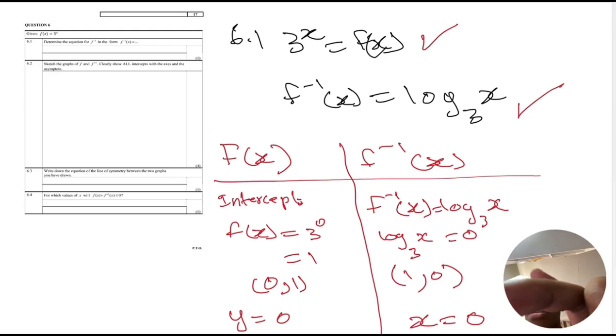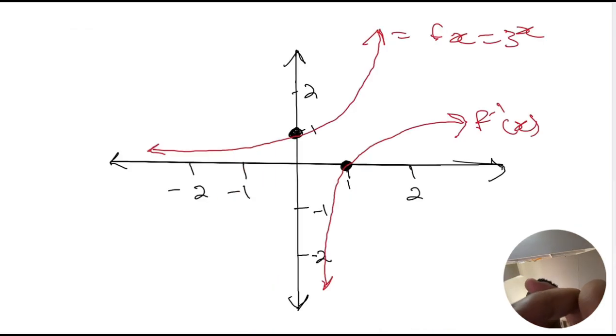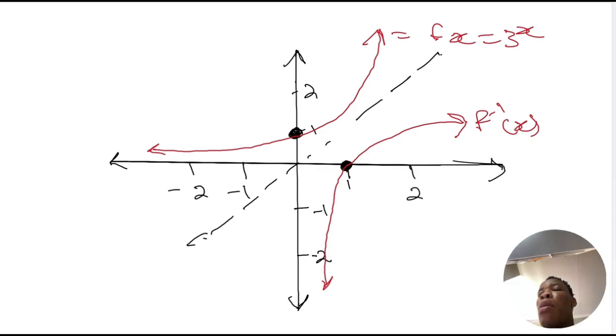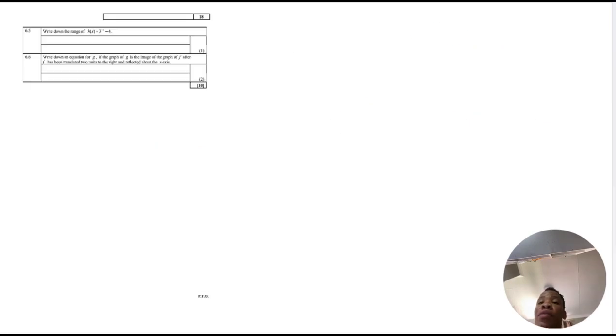show the axis and the asymptote. So our asymptote will be here, where the graph reflects each other. Our asymptote will actually be here. Let's remove this. Okay, then